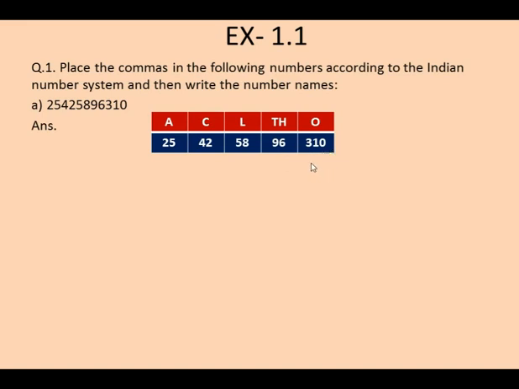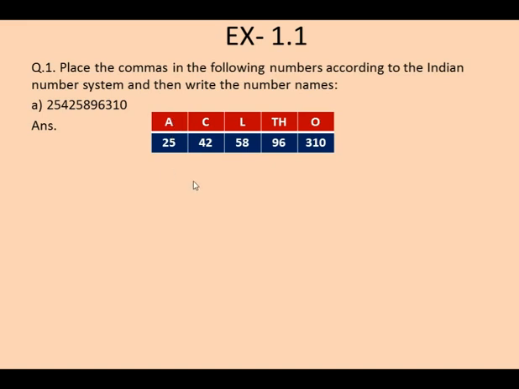Well, it is not necessary, but for your convenience I am explaining. You can directly use the system that the first comma comes after 3 digits from the right, then after the next 2 digits, and then the next 2 digits, and so on. So what I have done here is I have taken the tabulation, and from the right I have taken the last 3 digits in the ones column, then in thousands the next 2 digits, then lakh the next 2 digits from the right, and so on, crore and arab.